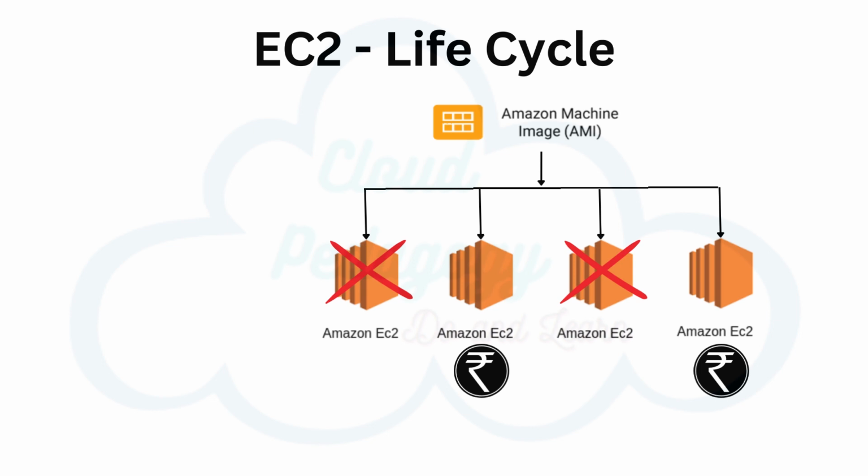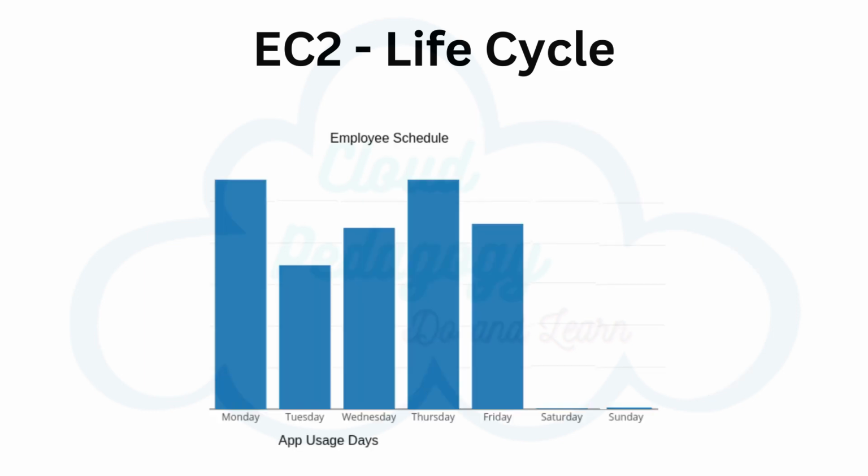Now let's discuss the cost aspects of this. You only get charged for an EC2 instance if you are in the running state or if you are in the stopping state preparing to hibernate. This means that you can stop instances when they are not in use. Say, for example, if you have applications that are only really used during the work week, run them when your employees are clocked in and then stop them when they are not. Remember, you could always start from a stop state, allowing them to resume working when necessary.